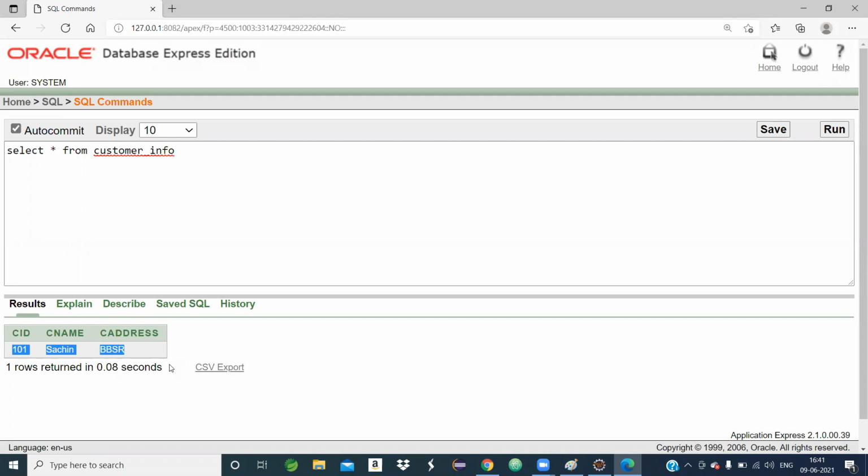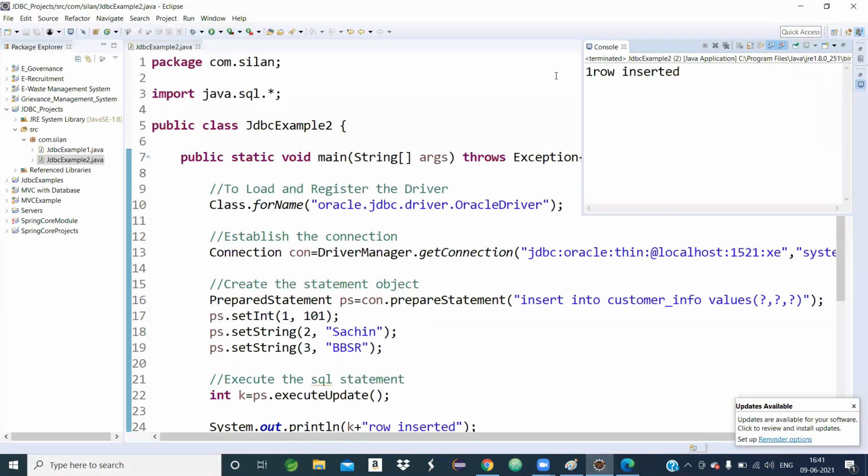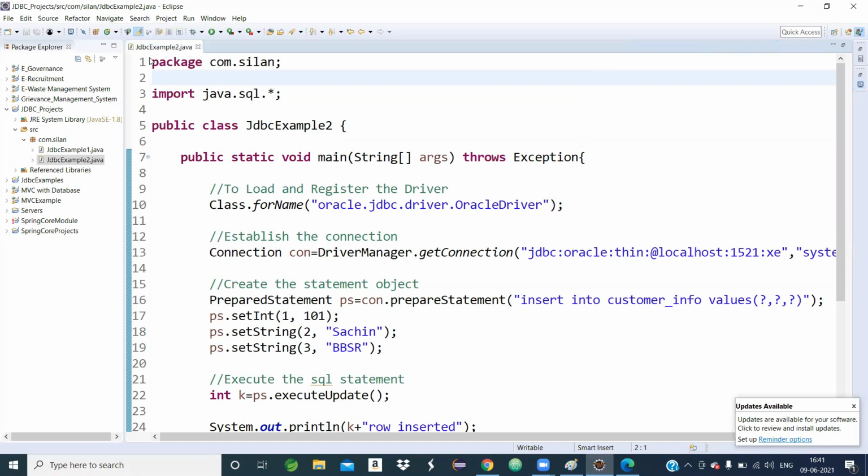How did I get this in the customer_info table? By executing this Java program, JDBCExample2.java. In the Java environment I wrote the business logic, and when I executed it, the record was inserted into the customer_info table, which is available in the database environment.